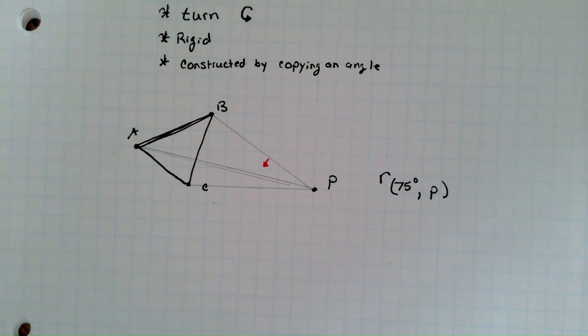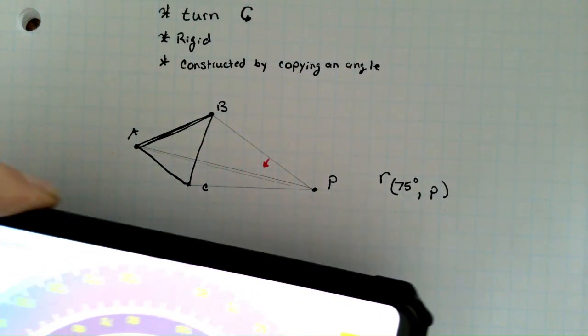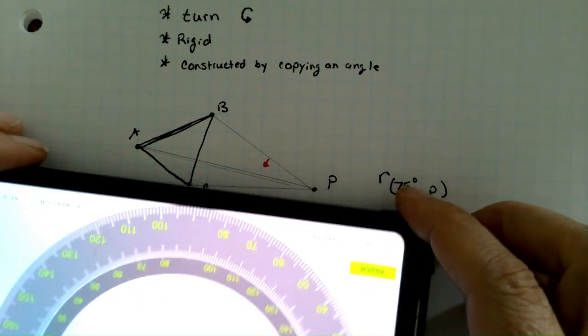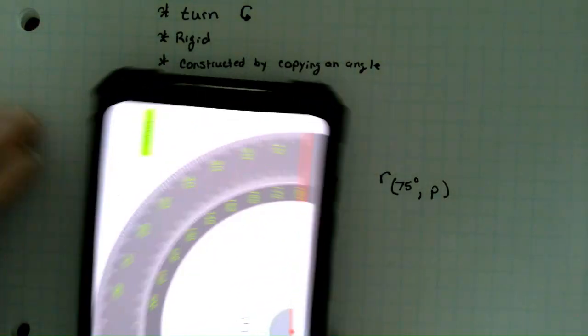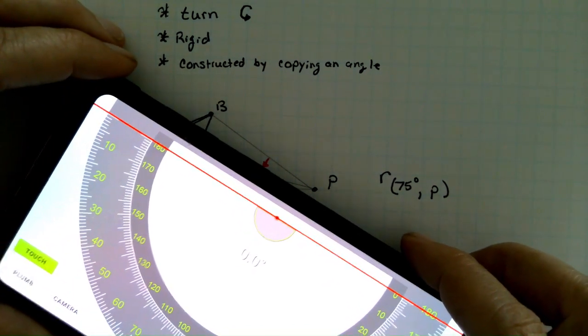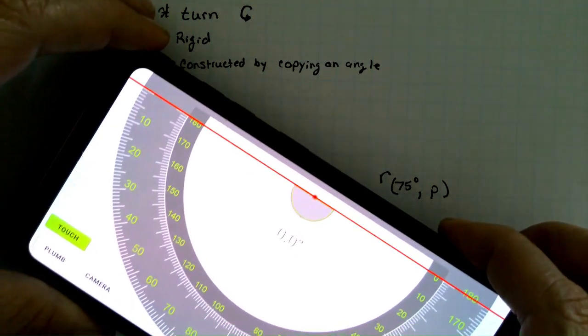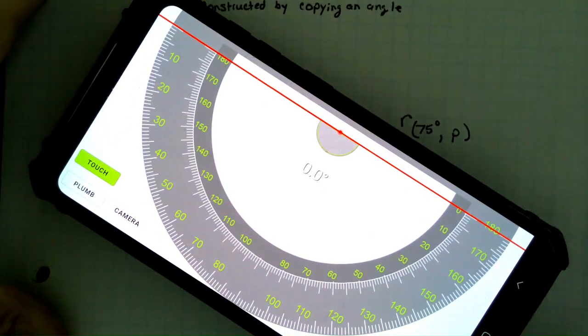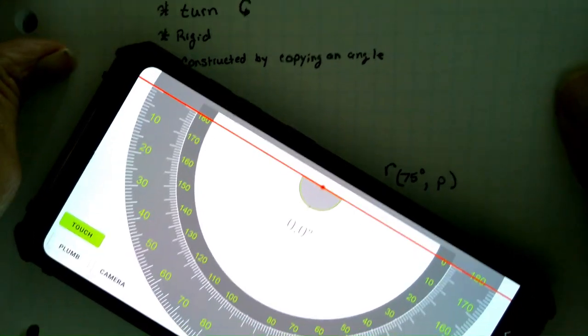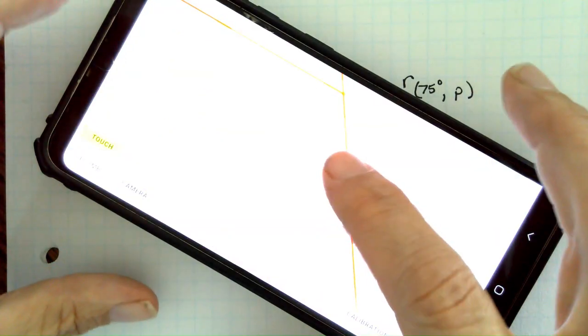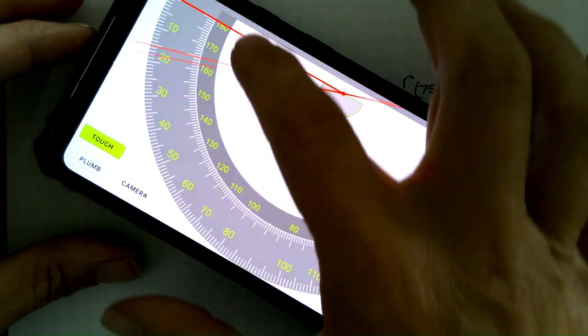Well, 75 degrees is not perpendicular, so I can't just draw a perpendicular line or anything like that. So what I have here is an app that just has the angles, right? So I'm going to line up with my key being right here. And it's better if you have an actual physical protractor. Just didn't happen to have one here at the house today. Okay, and we want this to go from here